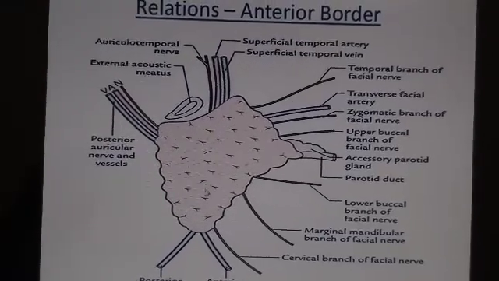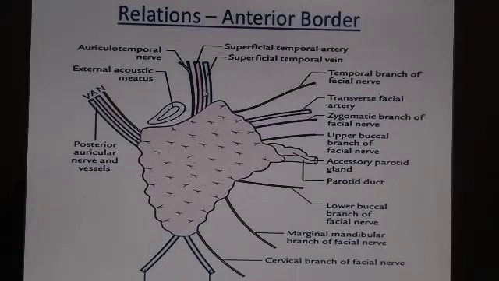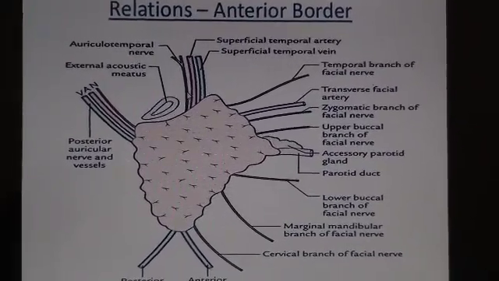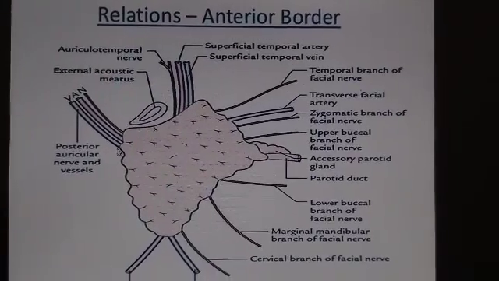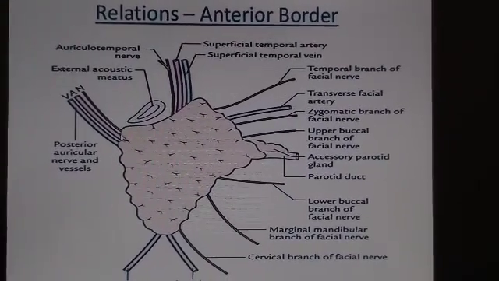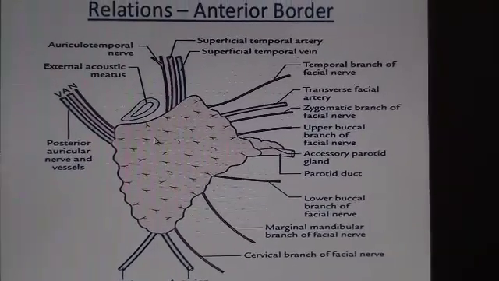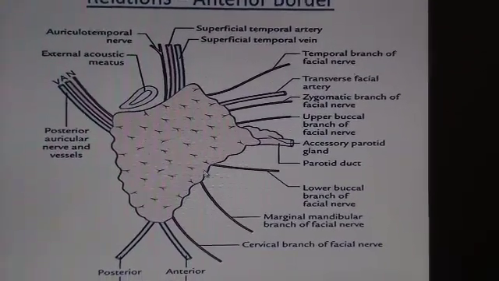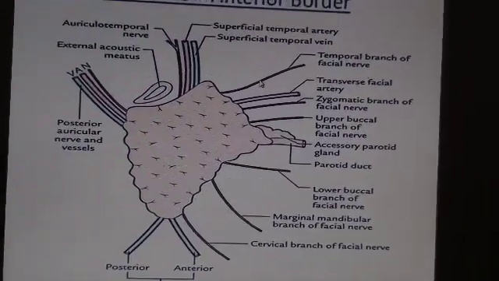Through the base, we find that the superficial temporal blood vessels and the auriculotemporal nerve are related. Posteriorly, it is related with the posterior auricular branch of the facial nerve, as also the posterior auricular nerve and the vessels. And in the anterior border, we find radiating the pes anserinus,